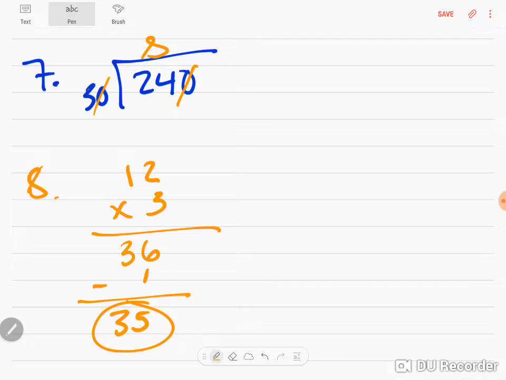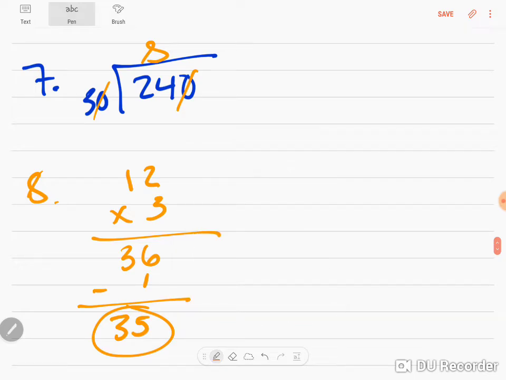Number 9. I'm going to change the color again. We'll go back to red. Number 9. It says simplify. I got $3.50 plus... Oh, wait, I'm going to rewrite this, you guys. You remember how I said I like to have the biggest number on top? So I got $12 plus